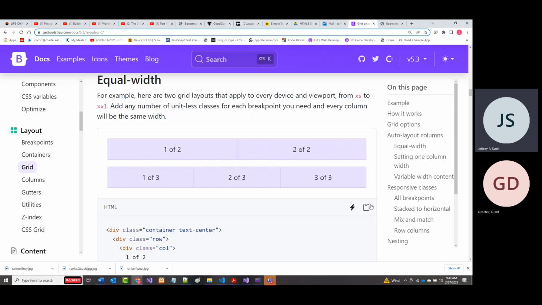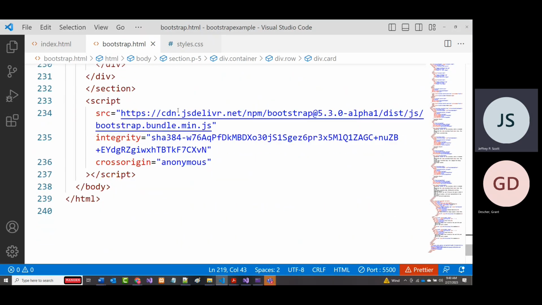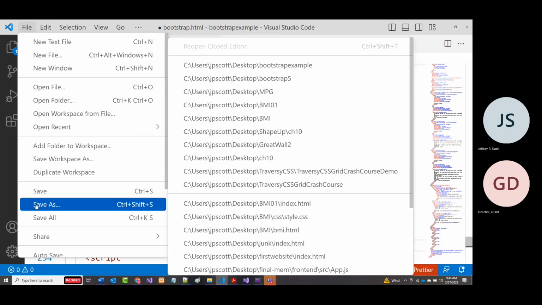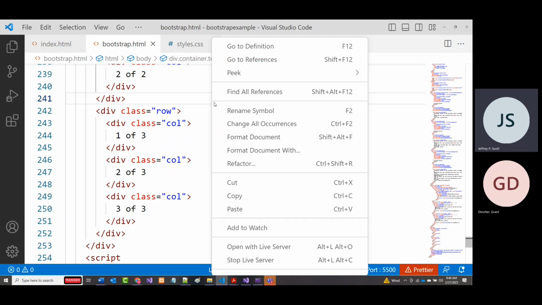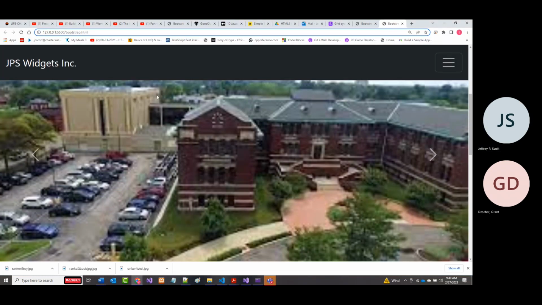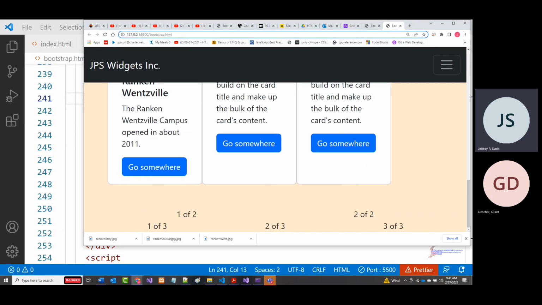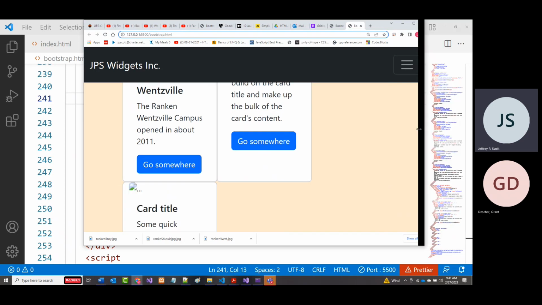So if I grab this code that you see right here, and I copy it to the clipboard, let's put that down on the bottom here, right before our script tag. All right. And we'll save, and then let's go run this again. So there it is. Now, again, I realize it doesn't look very good, but it's showing you that this one is centered here and here, and these are centered a third of the way, 2/3 of the way, etc. over. And when we start doing this, and we start changing our screen size,